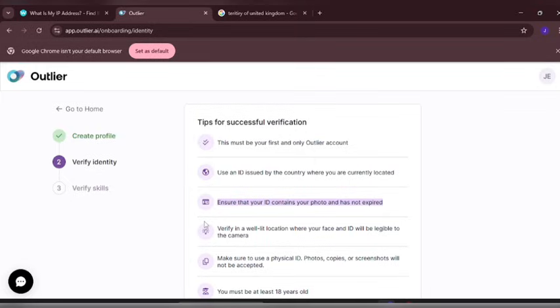Some of you will have a question on, can I actually use this particular Outlier on a mobile device? Yes, you can actually create an account on a mobile device. What I advise you do, most times you are using platforms like this on your mobile, make sure you turn into desktop mode so you can have a proper view and access it with all features displayed on the screen. So these are what you need to put in place to get the actual setup of your Outlier